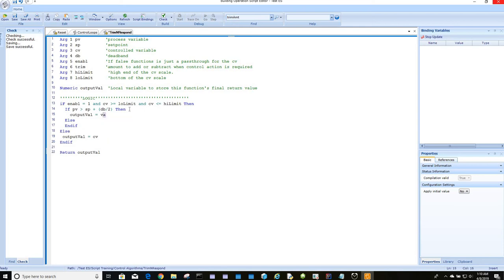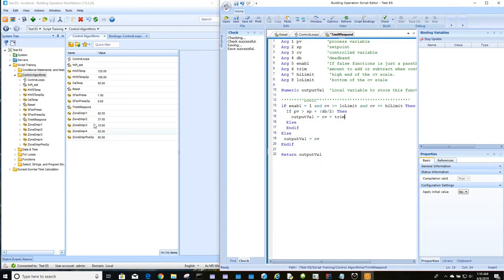So, CV plus the trim. So we have a zone damper here of 82.5. Yeah. So, all right. So, if not,